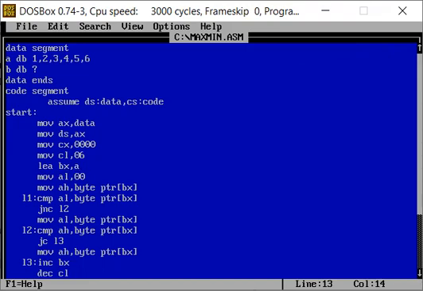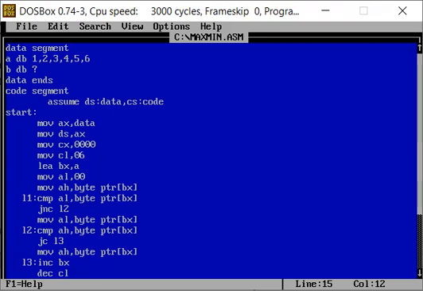Now we load the value 0 into the AL register, and we move the first element of the array into the AH register. And after that we compare AL and the element in the array.